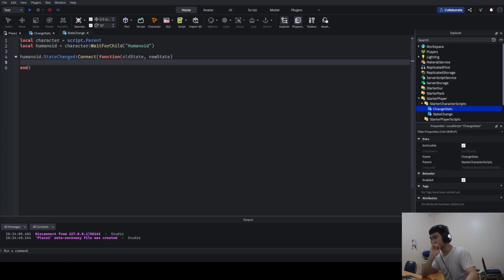So right now, our current state is running just like this. And if we jump, let's say, then it's going to change a bunch of things. So what I'm going to do is clear the output here so I can show you what it looks like when we jump. So if I jump, then it